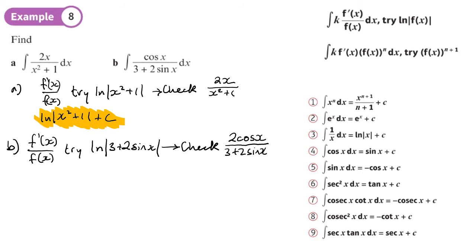Now, the question just says cos x, not 2 cos x. So if I stick a half here, that cancels the 2 out. So I can say that my final answer is going to be half log modulus 3 plus 2 sine x